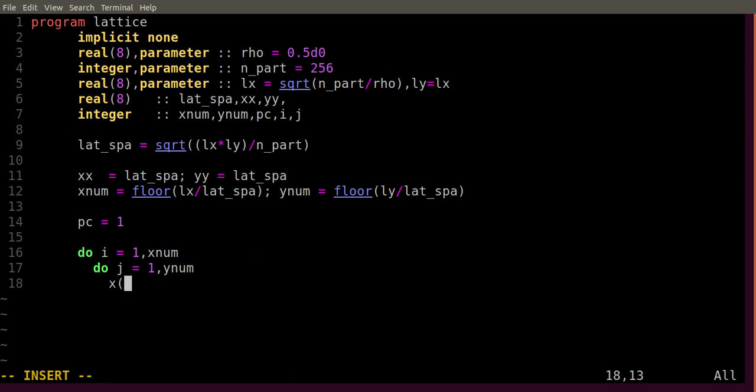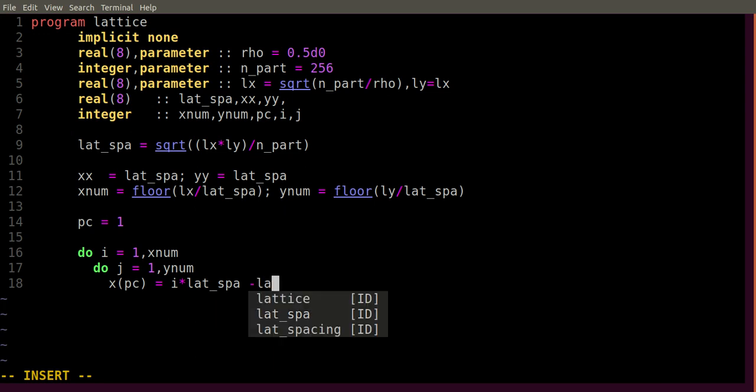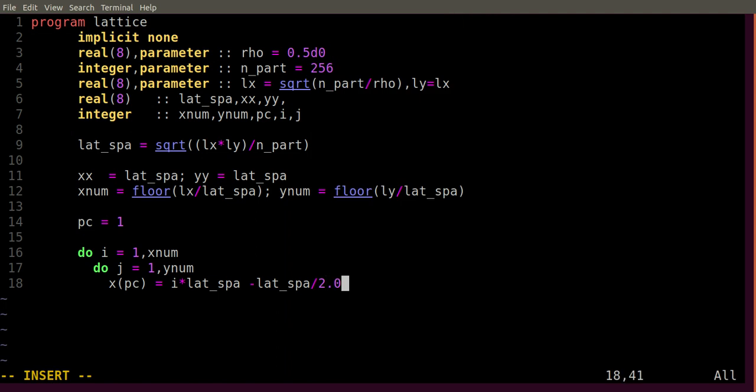Now for x of particle count, the first particle, where do I have to place it? That is basically i into your lattice spacing. Whenever i is equal to 1, it is basically lattice spacing minus lattice spacing by 2.0d0, let's say.